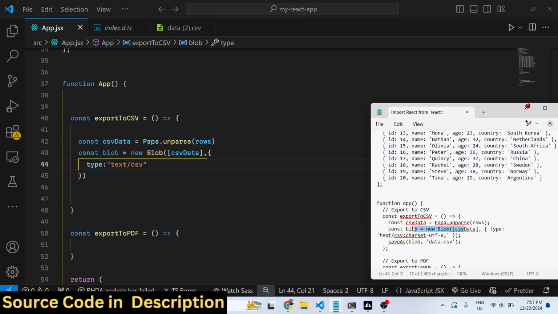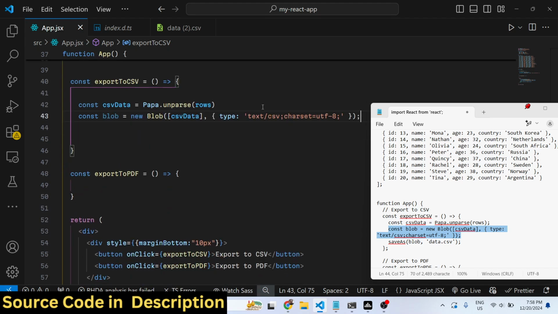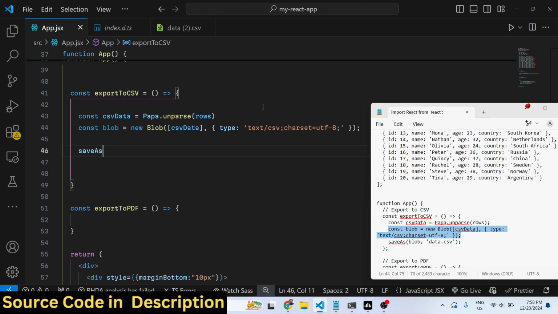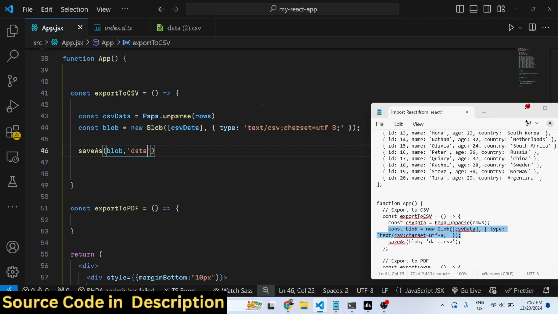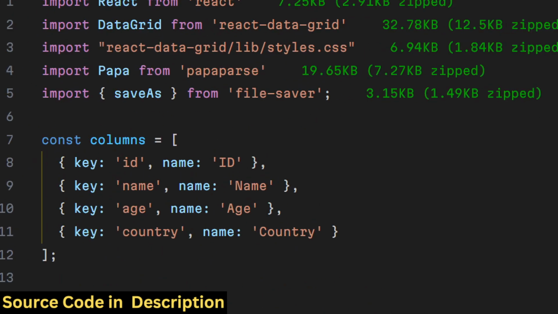and here you just need to provide the character type, which is UTF-8. Lastly, we need to call the saveAs function from file-saver to download this file as an attachment. So we'll just give it a file name, data.csv. This is coming from file-saver. If you see this function,